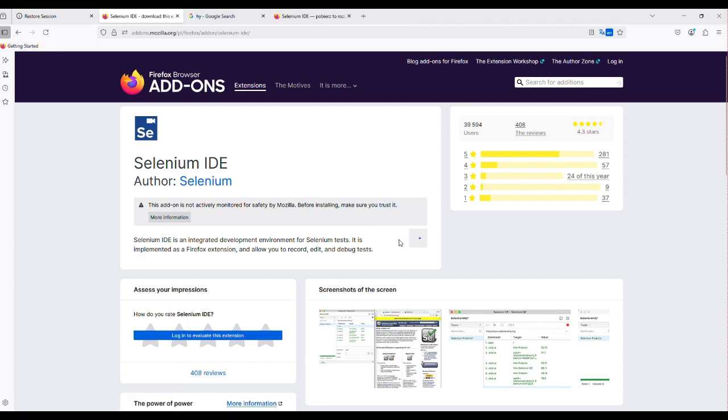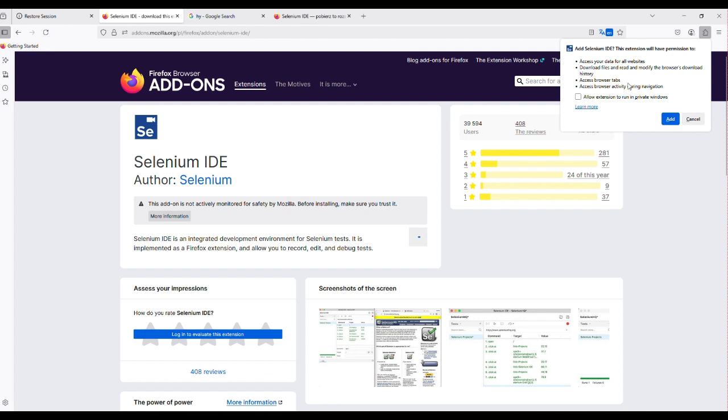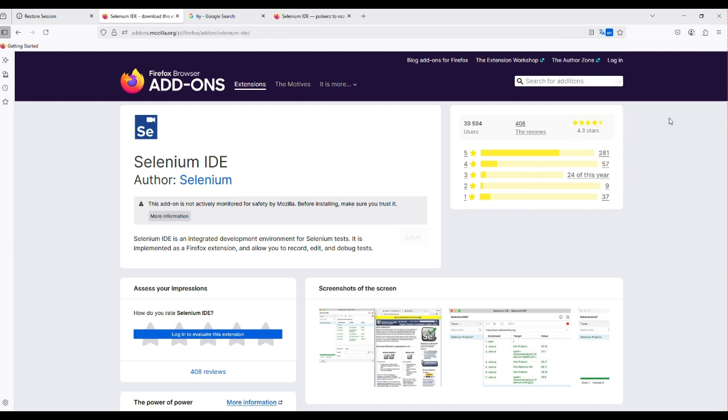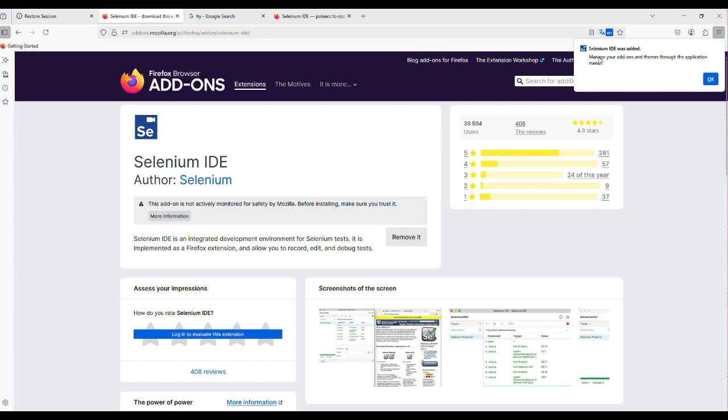So I'll proceed to add. You'll see this prompt, then you select add. So you can even select allow extension to run in private windows. So we'll add from this point. And Selenium IDE has been added. So to access it, just click OK. To access it, you click on this extension